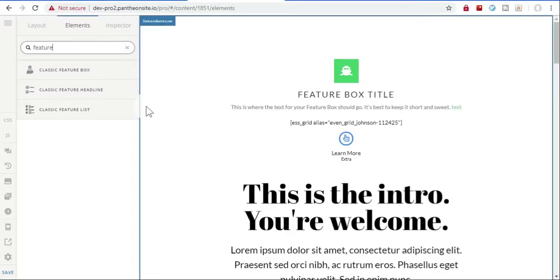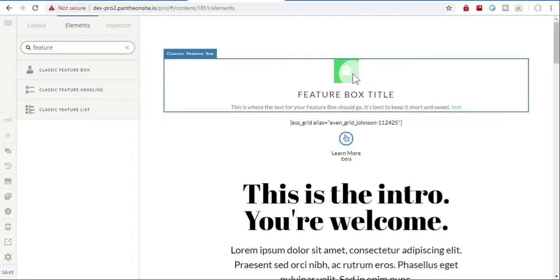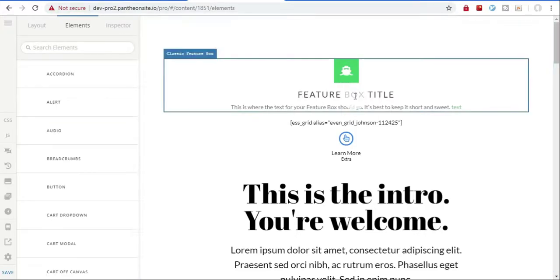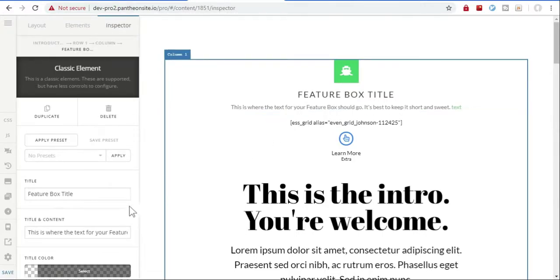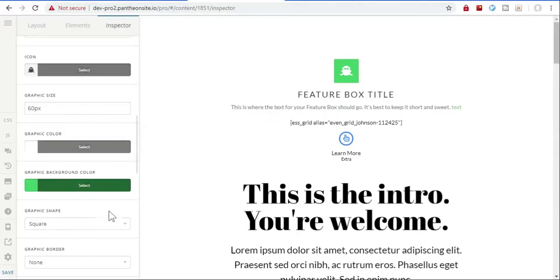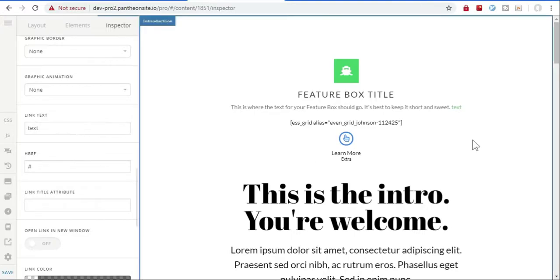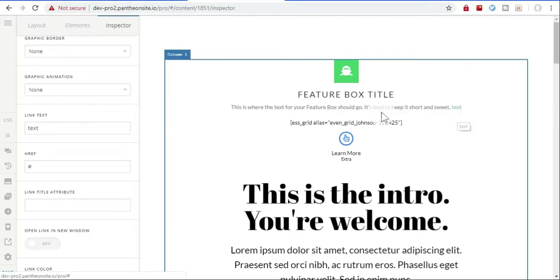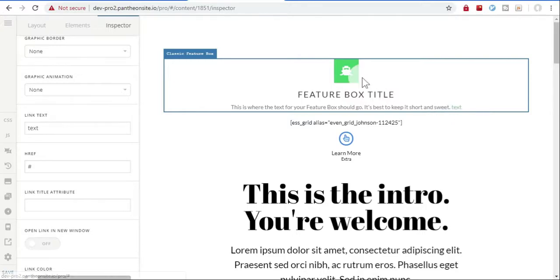In this video, I'll show you how to convert elements inside the classic featured box into a link. So the classic featured box only has one link option, and that is the link text here, located after the paragraph. So let's turn this into a link, and